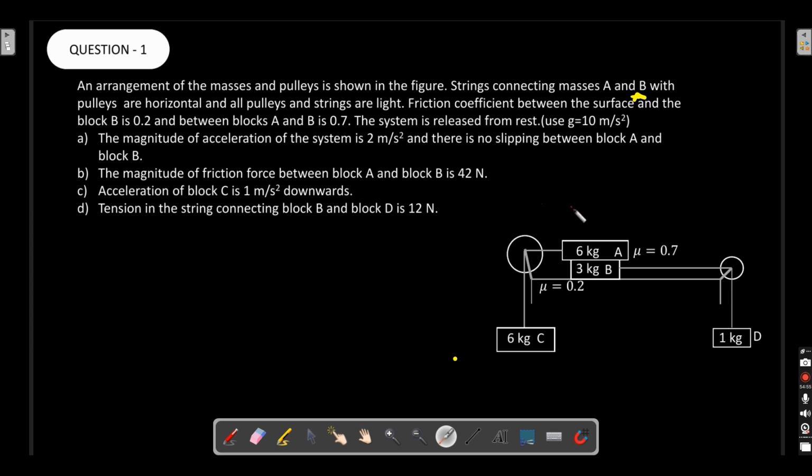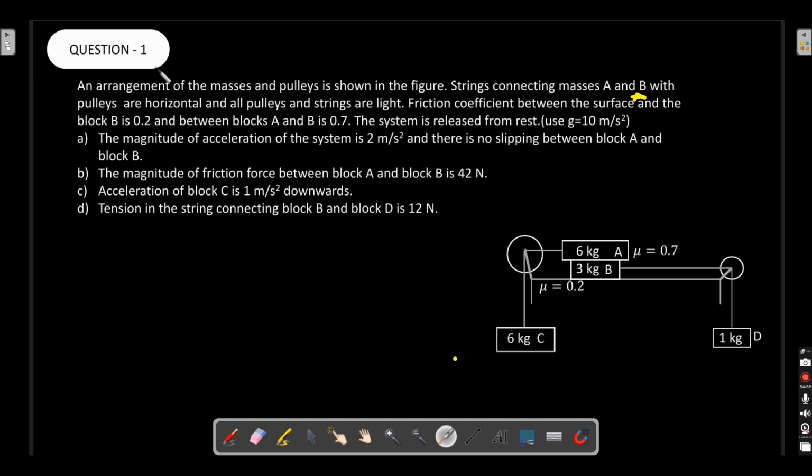Let me repeat again. In the first case, there is no slipping anywhere. The system is at rest. In the next case, there is slipping at the bottom of block B, and both of them will move with a common acceleration. And in case 3, there is relative slipping only between the blocks, and the upper block moves with an acceleration and the lower block is at rest. And in case 4, both move with different accelerations. These are the 4 different cases.